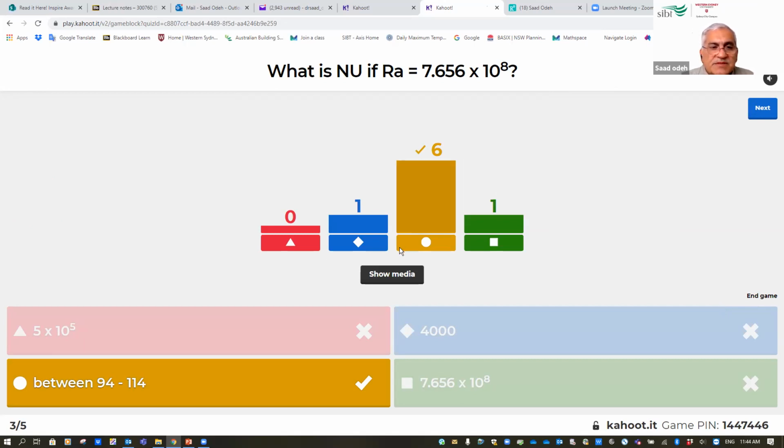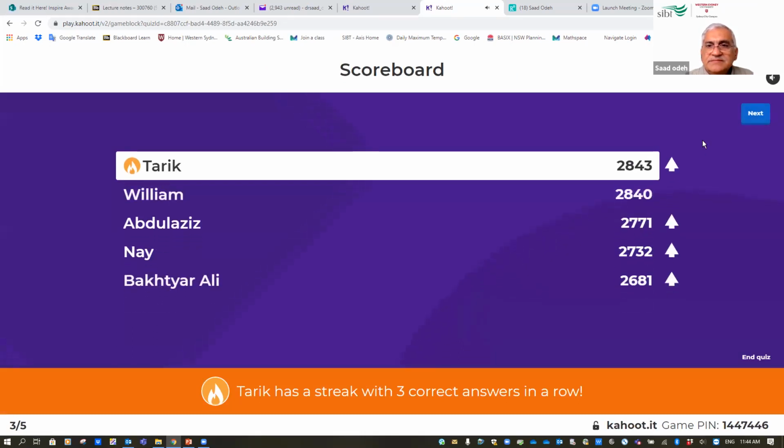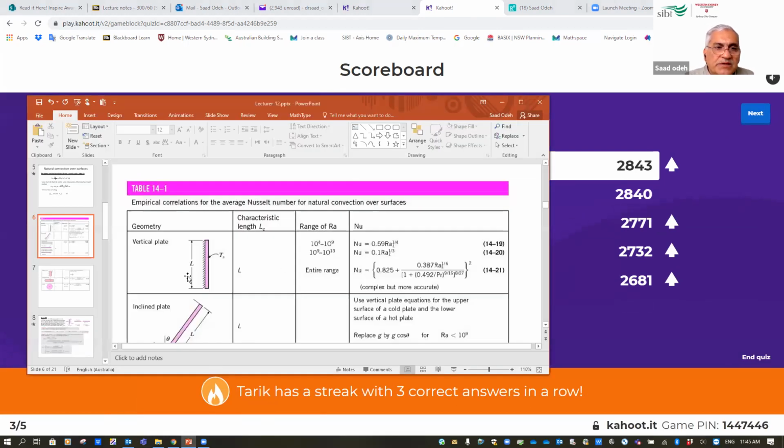So in this range between 94 to 114, I think it's 113.4. Okay, good. All right, so now we know that we found the Nusselt number. Now from the Nusselt number, we need to find